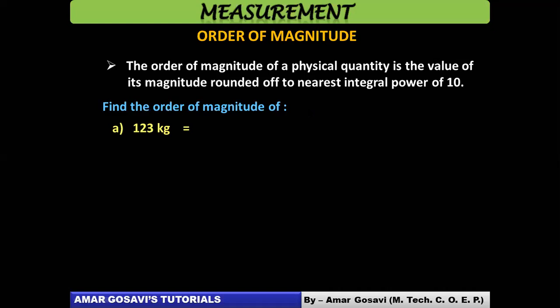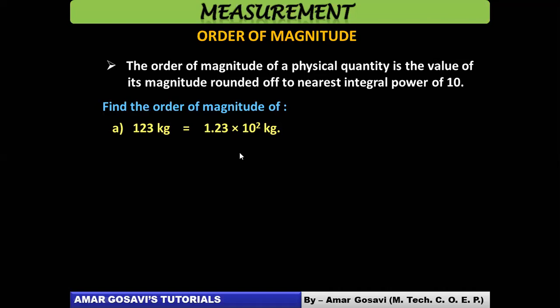So what you are supposed to do, you are supposed to establish this number in a decimal system where you can just put this number as 1.23 into 10 raised to 2. You are just putting it in the integral powers of 10 basically, and you have to ensure that the decimal point is just after the first number. So always you are supposed to ensure that the decimal point has to be after the first number. Here it was 123.0, and we shifted the decimal point towards your left by 2 places. Therefore, this 10 raised to 2 came into picture. You all realize this, okay?